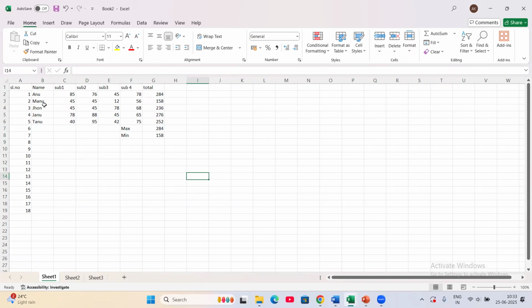So first step is insertion of rows. In this insertion of rows we add some subjects. Here we add subject 4, then insertion of column. In insertion of column you add another student named John, then drag and fill. Enter the data up to whichever cell we want. We can drag the data. Here we did next the aggregation function. In total we have done the sum,